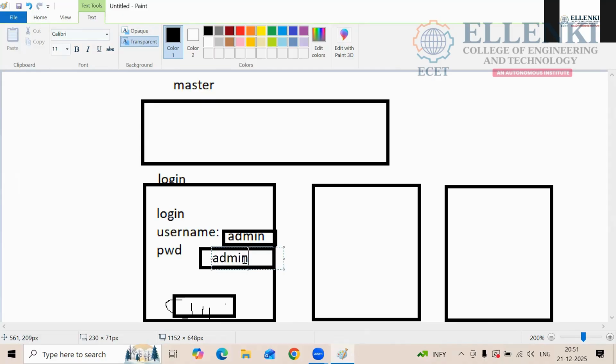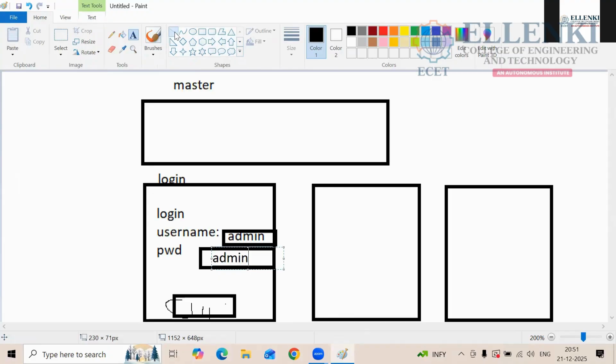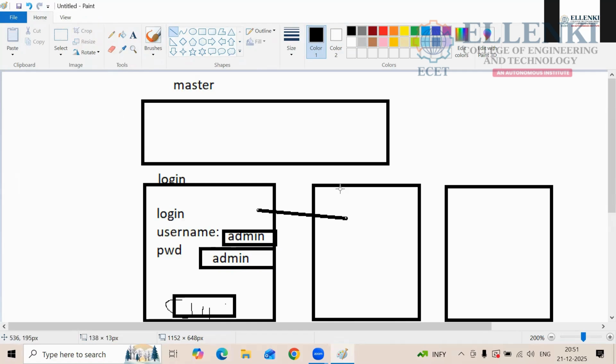If the credentials are wrong, it has to show what? It has to show the error page. When I am clicking with the credentials, it has to show one page. That page name is the dashboard page.